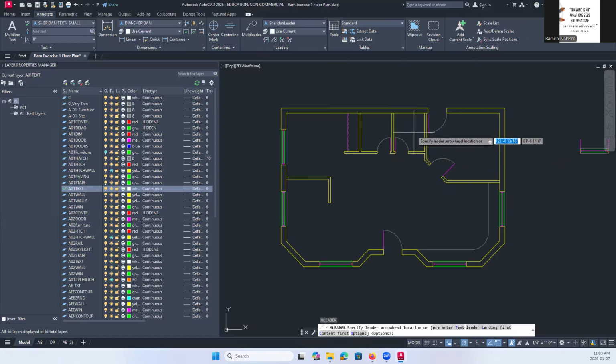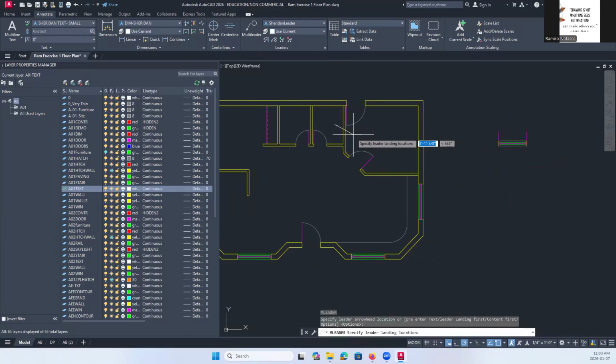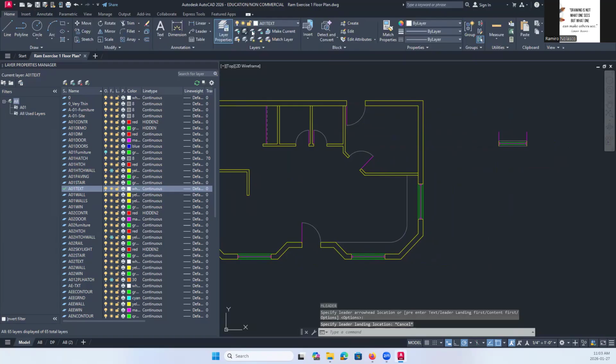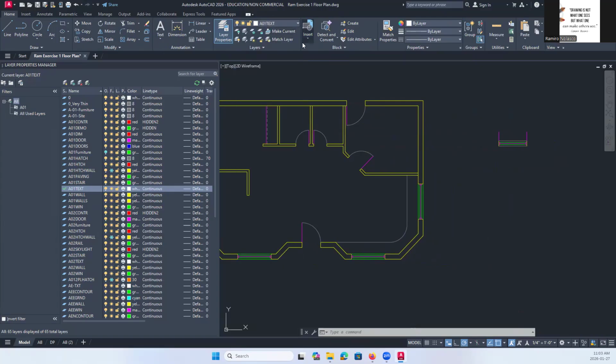So we're pointing to the toilet here. Okay. Oh, by the way, sorry. Layer. Again, always select the layer first. A01 text.